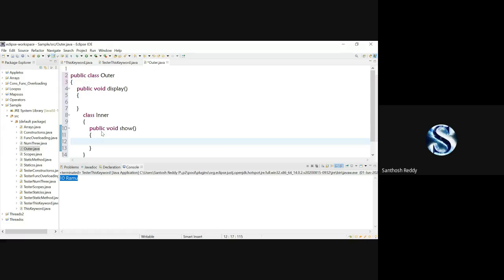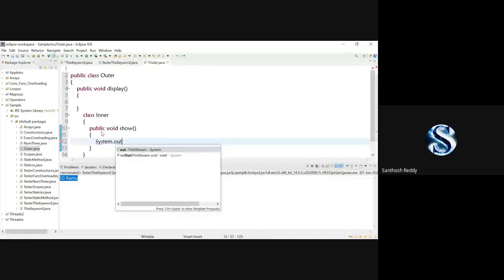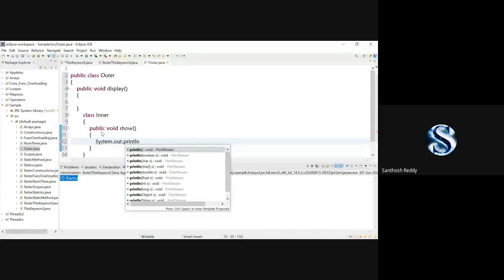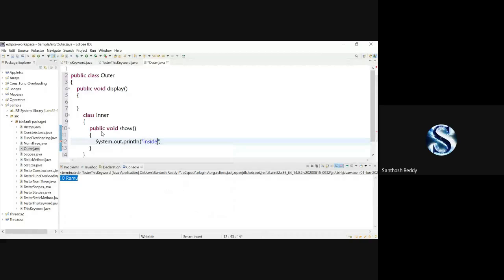Within the inner class, we have one method which is known as show. Here I'll write a simple statement, System.out.println, Inside the inner class. That's it.